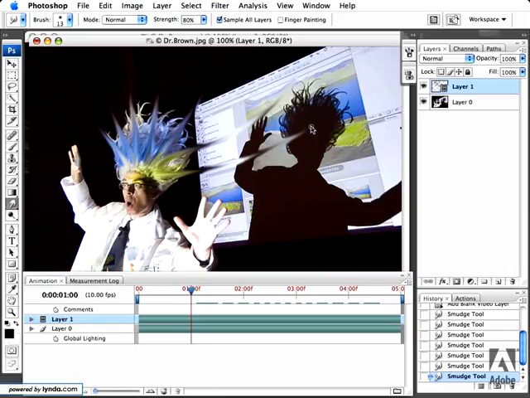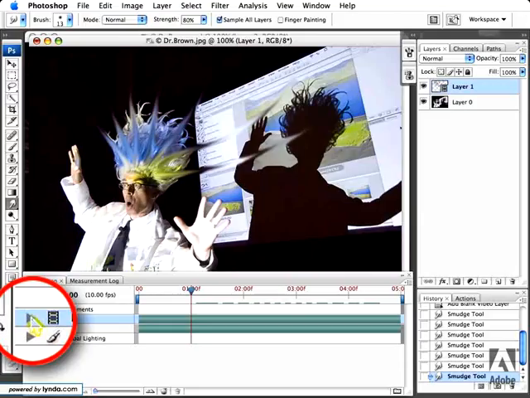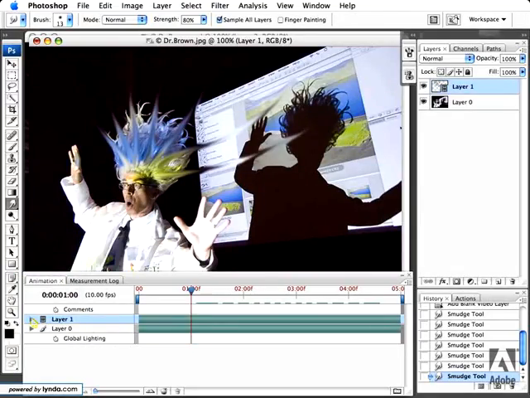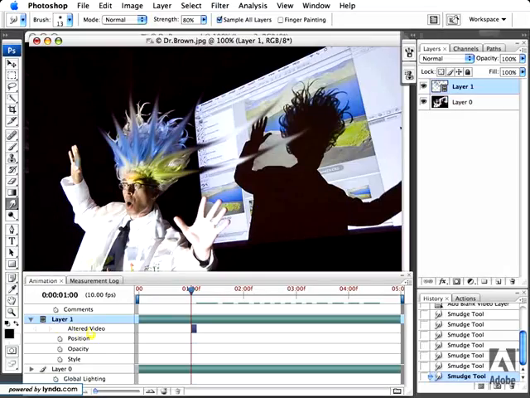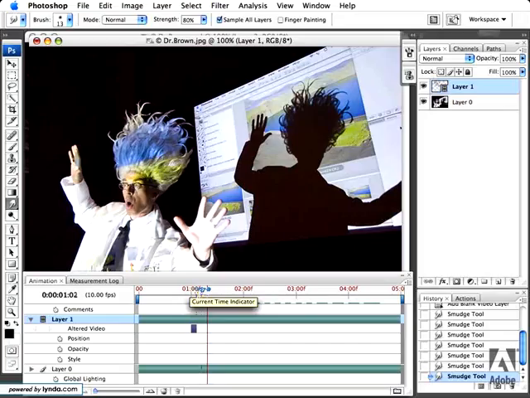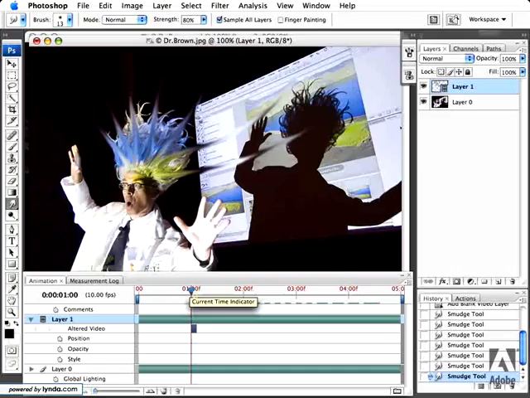Now I want to create frames that continue after this. So I need to duplicate this frame. To see this more clearly, I'm going to toggle down here from within my Animation Timeline palette right here. Toggle this down so I can see the altered video layers. So, do you see right down here, this shaded box right here? This indicates that a single frame has been altered. We can prove this by selecting the current timeline indicator and moving it to the next frame, and there's nothing there. We're going to duplicate this first frame